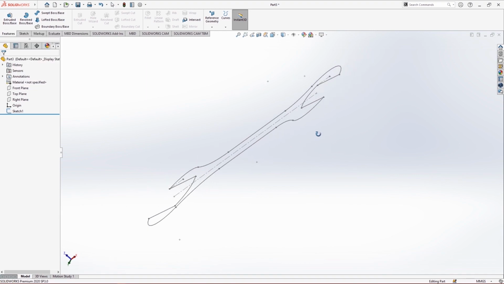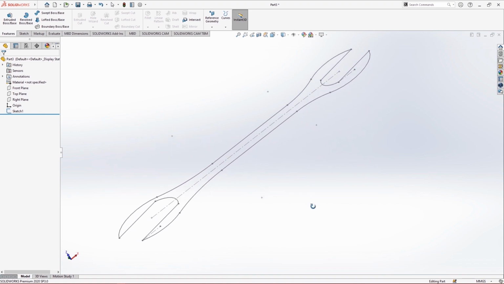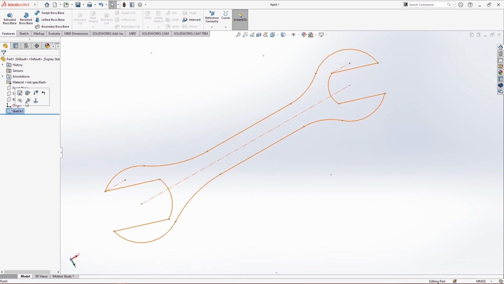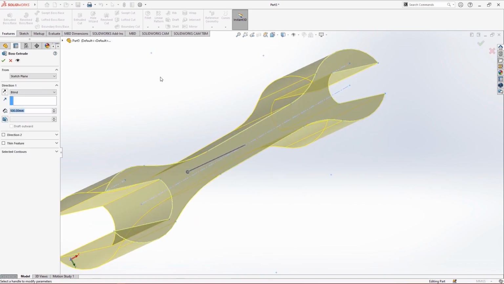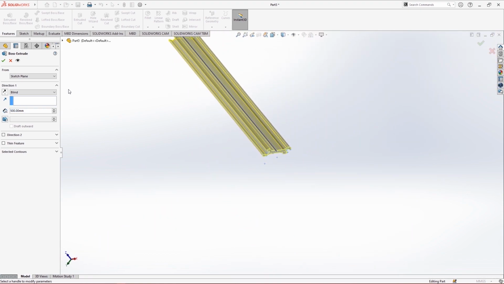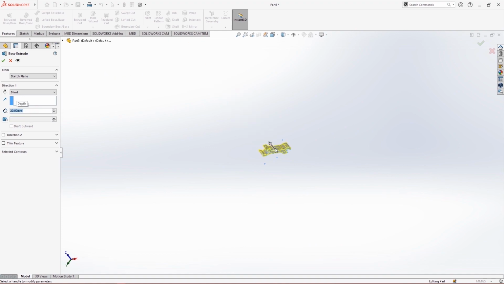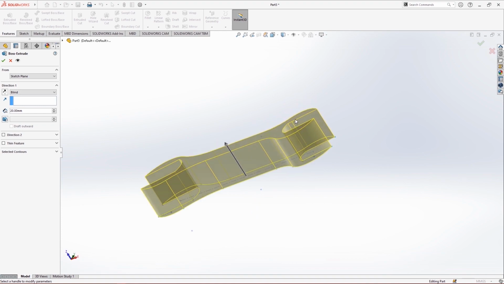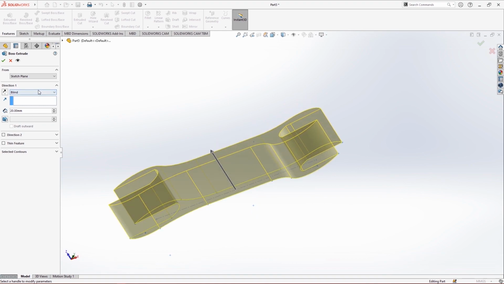So this is the last sketch which we made in the last section. So let's go and extrude it. Now let's look at all of the options. Let's decrease the value here, like 20 or something. Okay, so just wait. Yes, now the first part is where you define what should be the